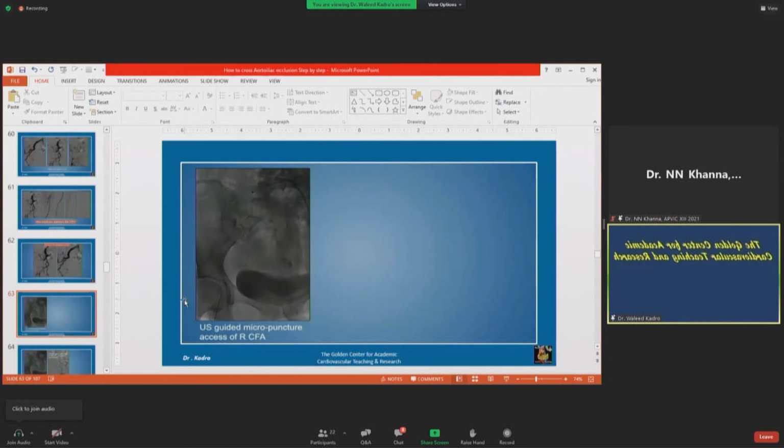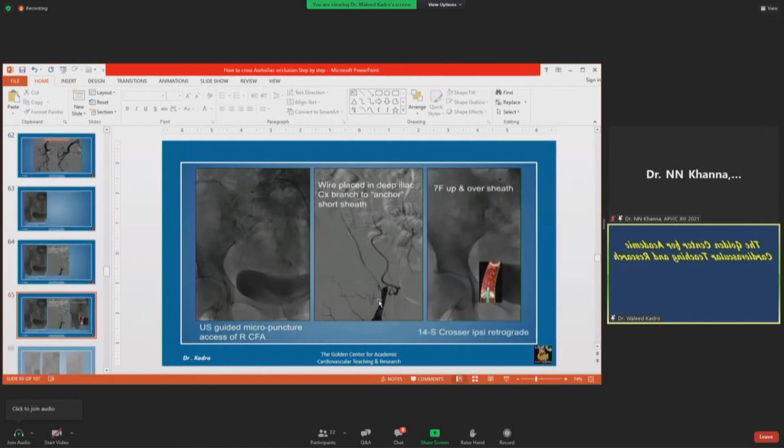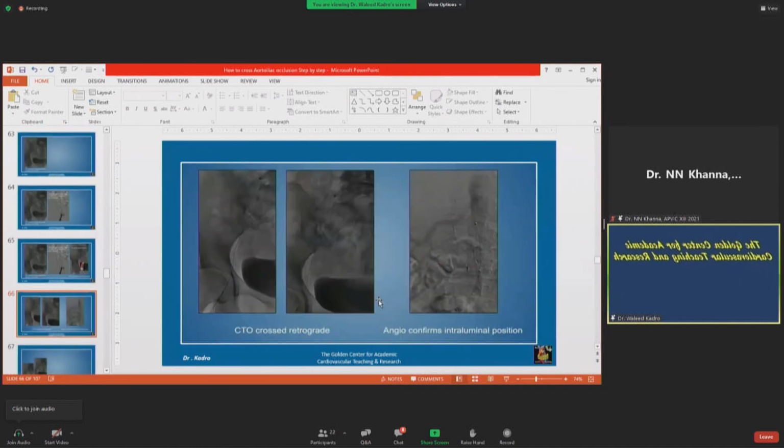So anyway, we used ultrasound guidance to put a micropuncture in the right common femoral artery. That's ipsilateral to the CTO. And we put the wire on one of the branches, the circumflex branches of this external iliac, just to anchor the sheath and introduce small sheaths. And then we were able to use the 14 wire and cross ipsilateral retrograde. And then once we crossed the CTO,